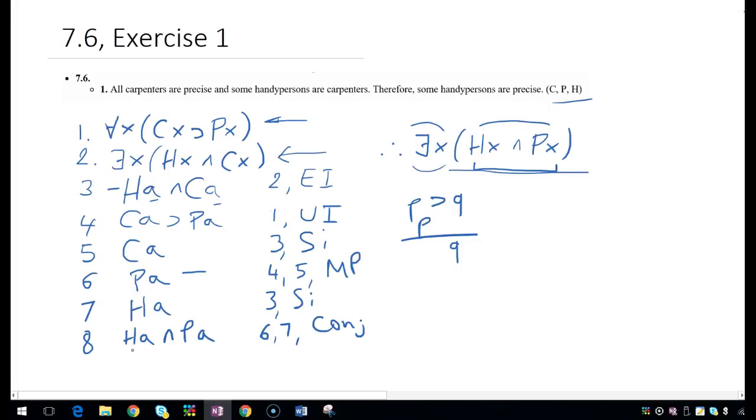And because we have Ha and Pa, certainly there is an x such that it is H and P. That's the rule of existential generalization. So from line 8 and EG, we have been able to produce the conclusion of this argument,